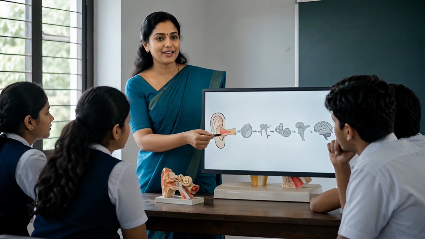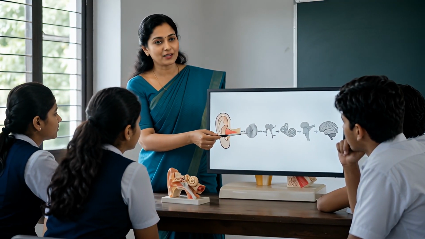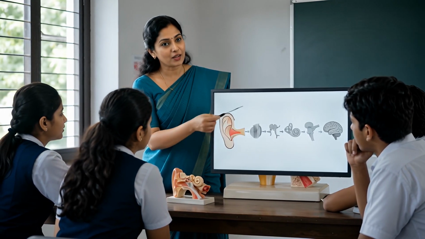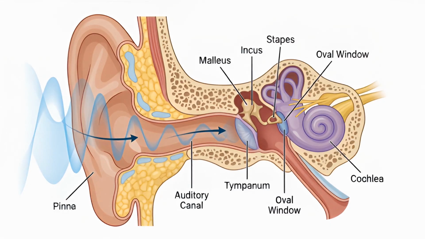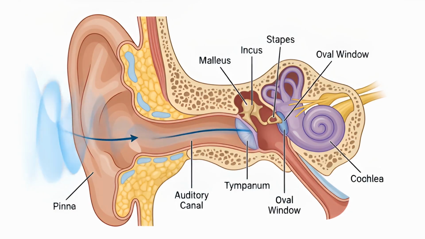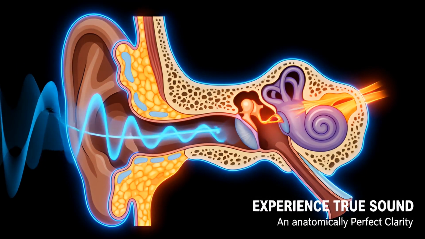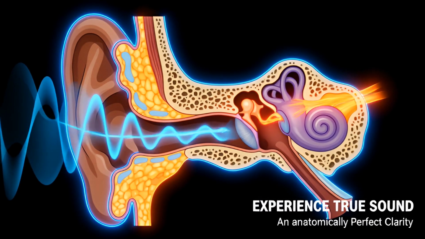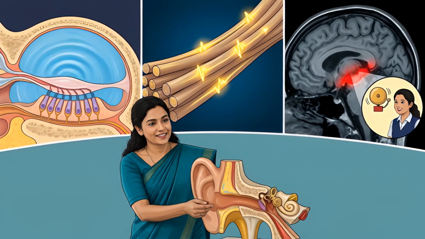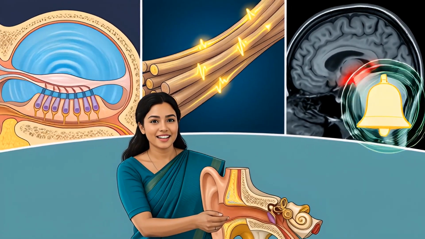Can you answer the fourth question? What is the pathway through which sound becomes hearing? Sound waves first reach the pinna. Then move through the auditory canal. The tympanum's vibrations travel through the ossicles and reach the oval window. When the fluid inside the cochlea moves, the hair cells form nerve impulses, the auditory nerve carries them to the brain, and sound becomes hearing at last.